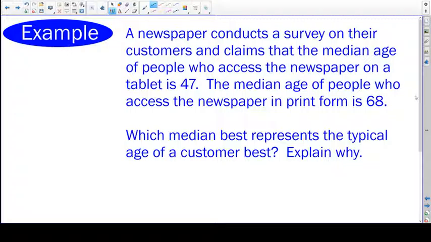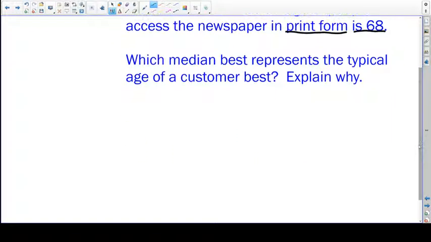More than likely, I would say that there's probably a small minority that look at a newspaper on a tablet, but because the majority of people are still probably looking at a print form newspaper, then what we could probably say is